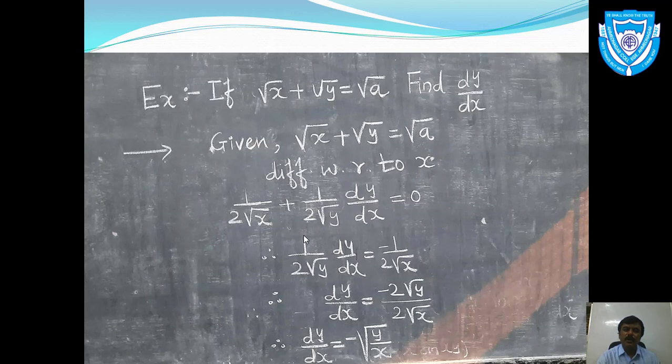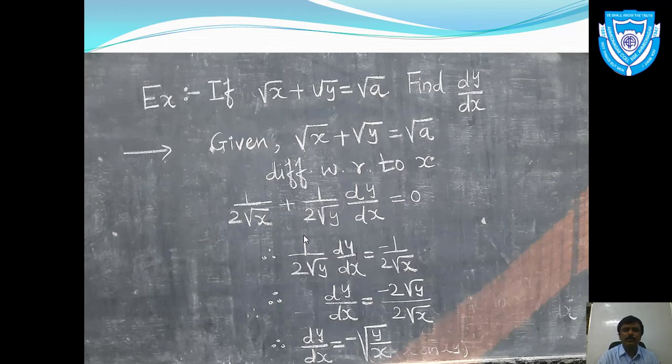is 1 upon 2 root y into dy upon dx, which is equal to 0, because the derivative of root a is 0. It is a constant, therefore its derivative is 0. Again we will keep dy upon dx on the left hand side and we'll shift all the terms to the